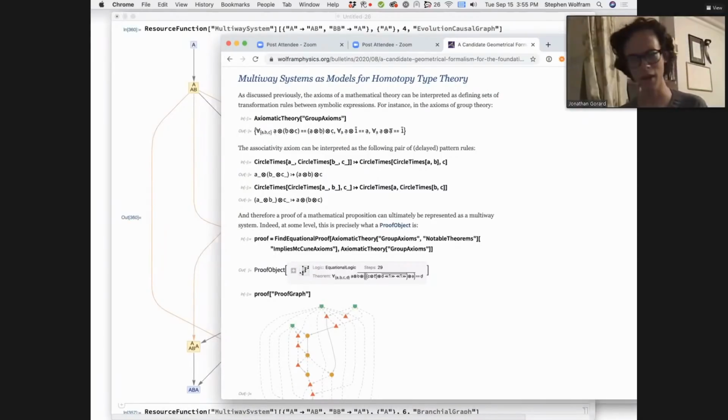So somehow the emergence of geometry from these discrete structures, say in the causal network case, is intimately related to the satisfaction of the Einstein field equations. One of the reasons why, as Stephen mentioned, I think it's interesting that we seem to have this infinity groupoid structure for the Rulial multi-way system is because of Grothendieck's hypothesis that says that infinity groupoids and topological spaces are